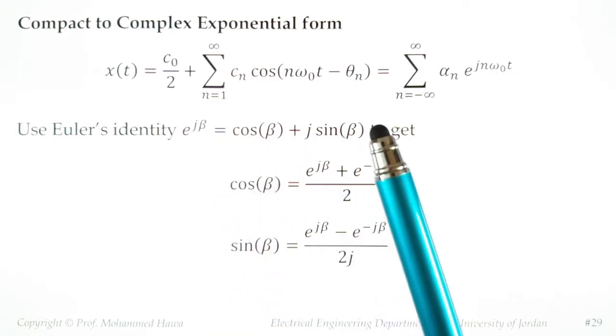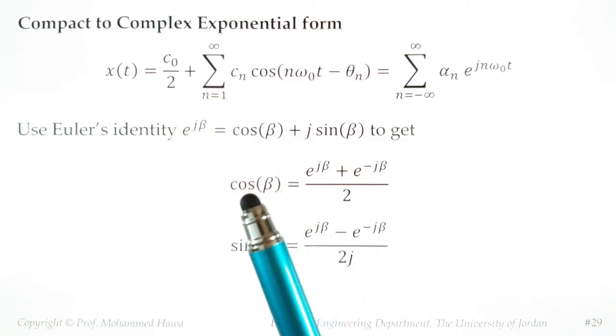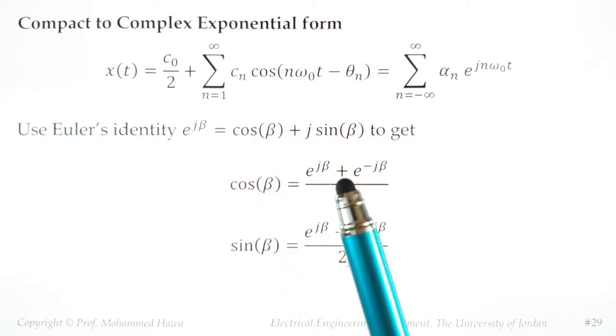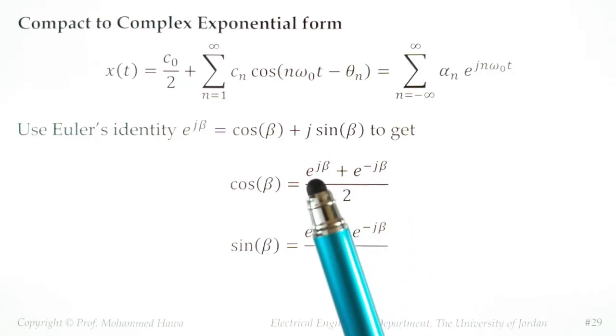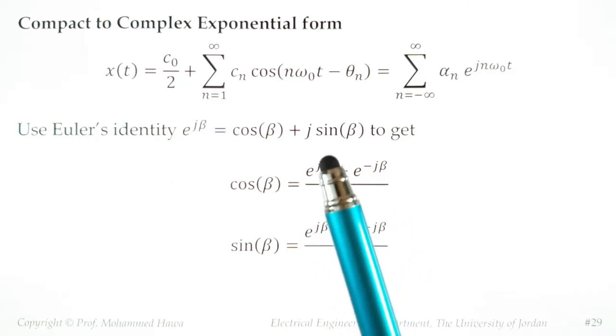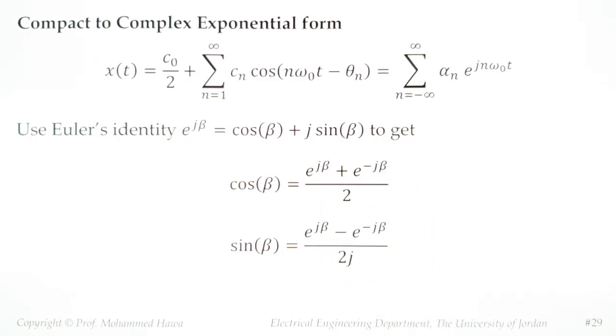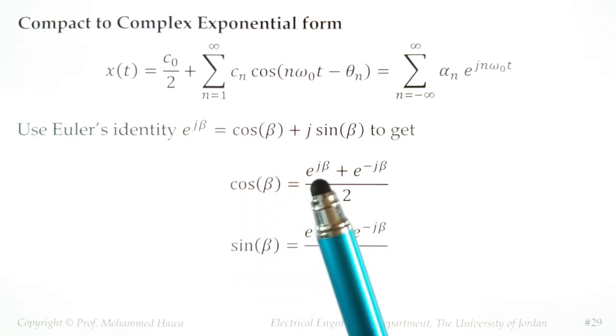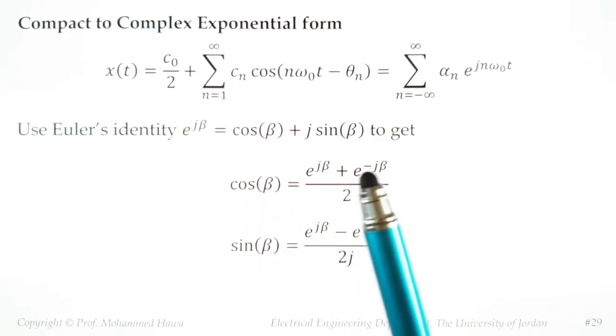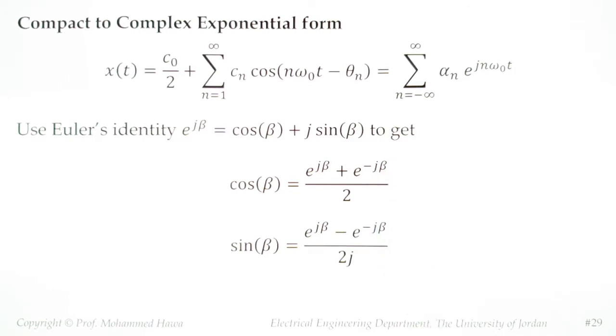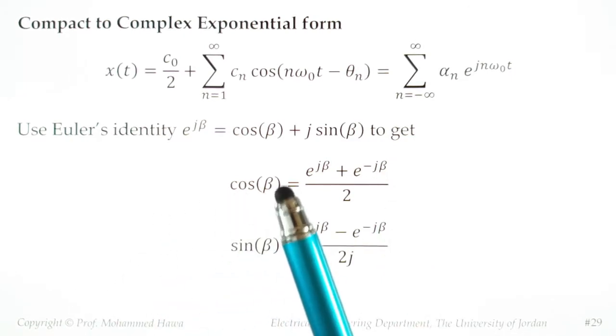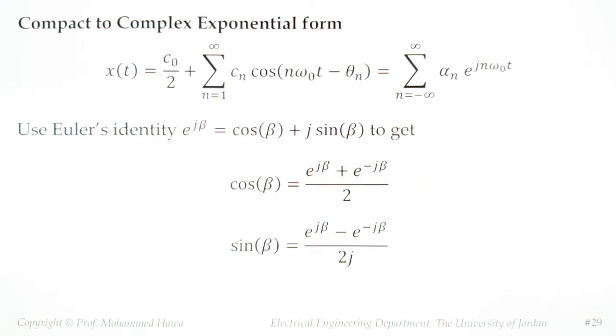If you use this formula and you just want to know what is the cosine beta, it is e to j beta plus e to minus j beta over 2. So two complex exponentials, one with the positive j here, one with the negative j here. Once you add the positive and the negative, you're getting the cosine. This is a complex signal, does not exist in real life. This is a complex signal, does not exist in real life. But once you combine them, you're getting cosine beta because of this Euler's identity. A similar thing can be said about the sine beta. It's e to j beta, but this time minus e to minus j beta divided by 2j.